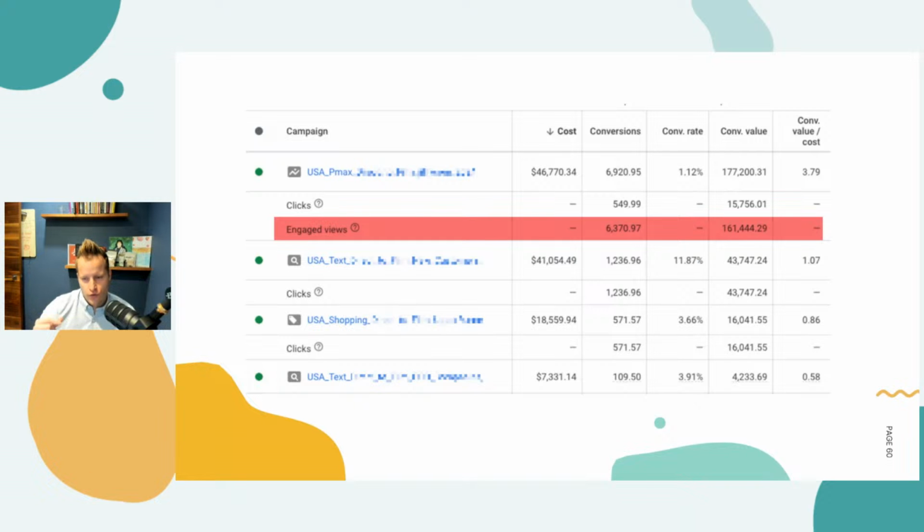I suspect it's all engaged views for retargeting, because it was the only campaign that had this setting set up, and it didn't have any shopping spend in it. And again, an engaged view conversion is somebody who's watched 10 seconds of a YouTube video and then converted. I like the overall metric, but the problem is when that's combined with retargeting, because